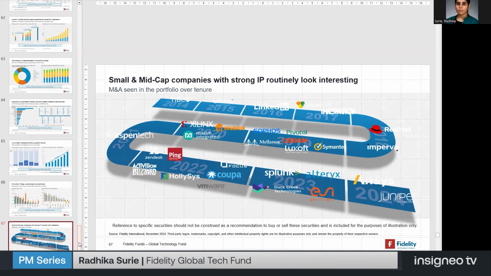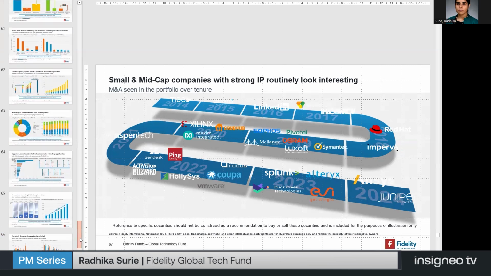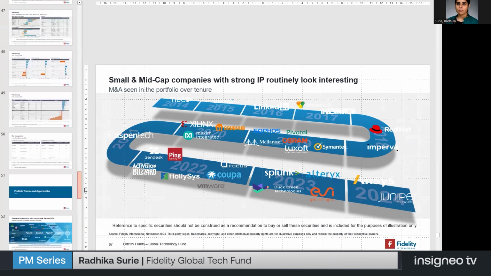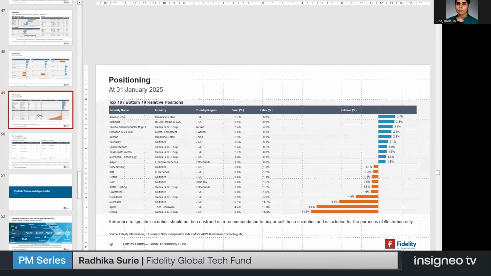In closing thoughts here, is there a name or two that you want to highlight as a high conviction name, or as an example of how you've done some of the work to come to the decision to add? Yeah, if you think about the top conviction positions in the portfolio, you can see them on this slide. We've talked a little bit about Amazon and Alphabet. These are not names that we don't know, so maybe I won't focus on them, but maybe TSMC is a good example to use, because it is one of the larger holdings in the portfolio.